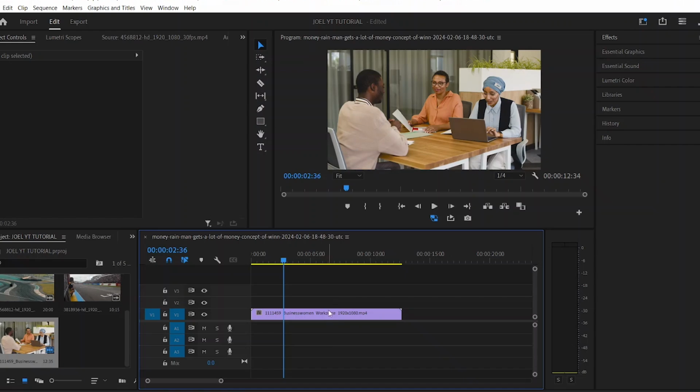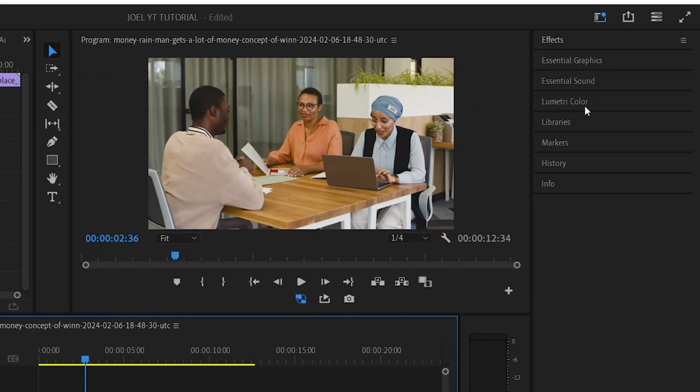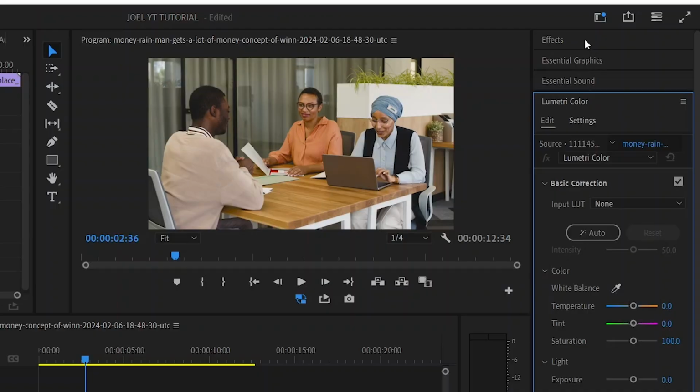If you want to color correct your video, the first thing you have to do is drag and drop your clip and bring it into your timeline. Then you select it. Then you come over to Lumetri Color. In case you're not seeing this